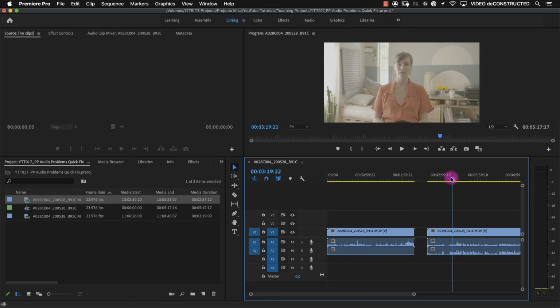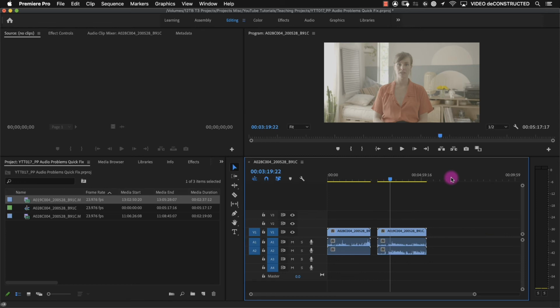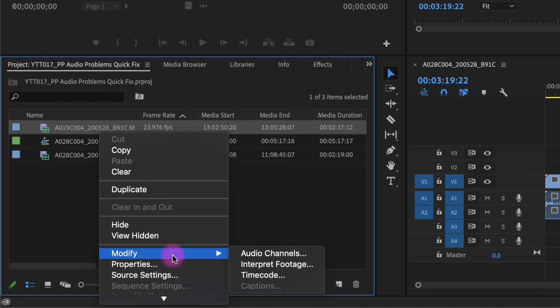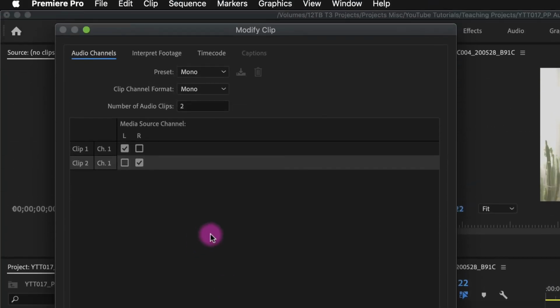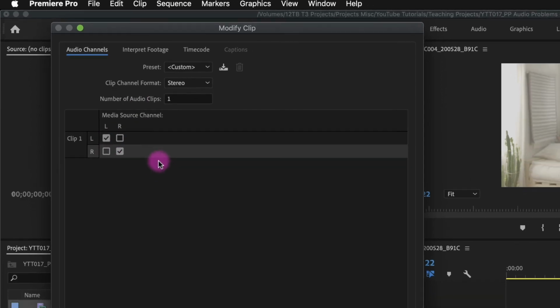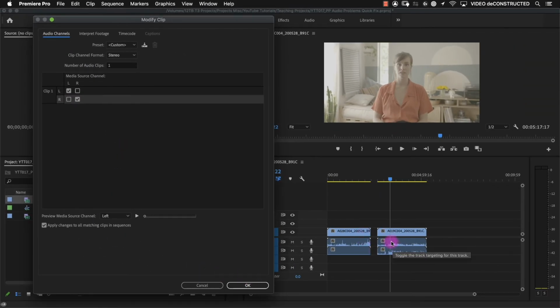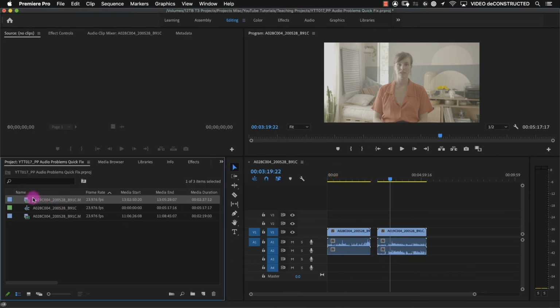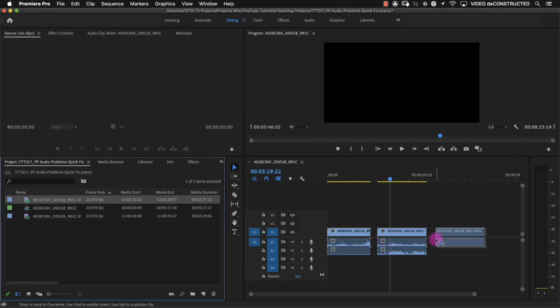So you're going to have this echoey sound, and that's not going to be what you want. You can right-click on the clip and then modify audio channels, and you can see what happened. It set it up to mono. It set it up to be 2 audio clips. To get it like it was before, we would need to make it stereo, and then now we've got this weird thing going on. I'm going to type a 1 and then hit the tab key. Now we've got it back to the way we want it, and it's not going to change this clip though. So I hit OK. We get the warning, but now when I drag it in, it's like it was before,